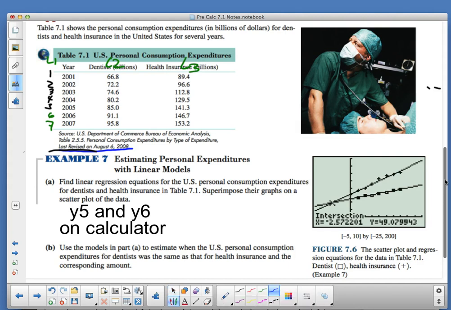So what I'm going to do is in L1, I'm going to enter this information. In L2, I'm going to enter this information. In L3, I'm going to enter this information. And then I'm going to run an analysis with L1 being my X, L1 and L2, and L1 and L3. And I'm going to find where they cross, okay? And keep in mind, I have a picture of this right here, where they cross. It's actually back behind the y-axis, okay? So it happened sometime before 2000, 2001, okay? And I'm just entering in 1, 2, 3, 4, 5, 6, 7,